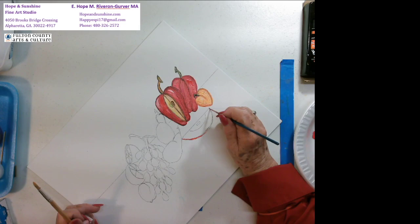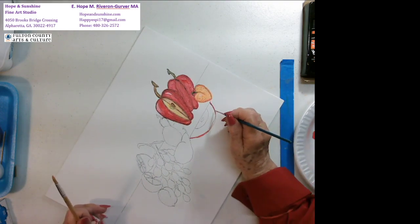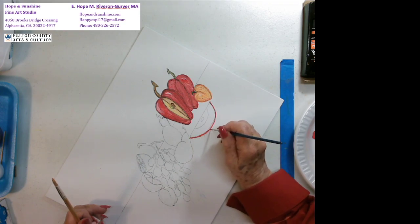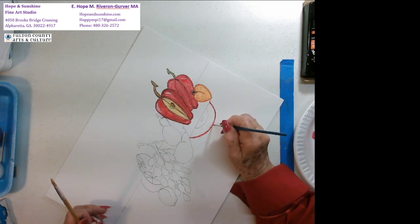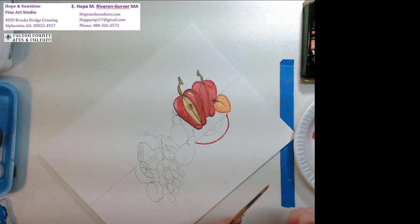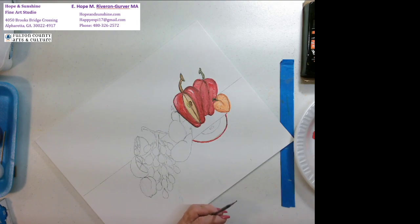And don't be bashful to do this, because sometimes it's easier for the hand to move the canvas and do it this way. There are different tricks that we do to eliminate our own hand problems, creating an illusion, because we are creating the illusion of this is a peel and this is apple over here. I'm gonna go and get the apple meat right now real quick with a little bit of yellow